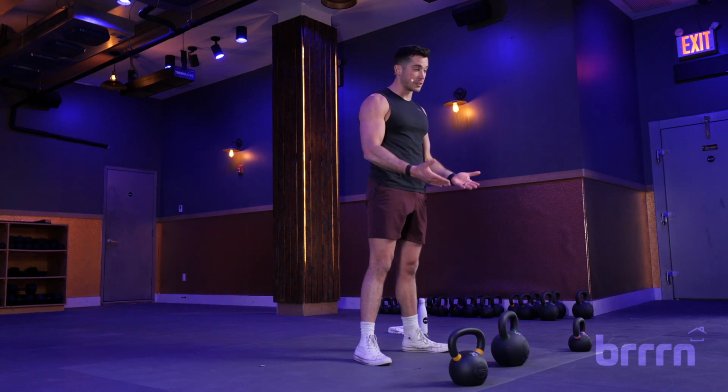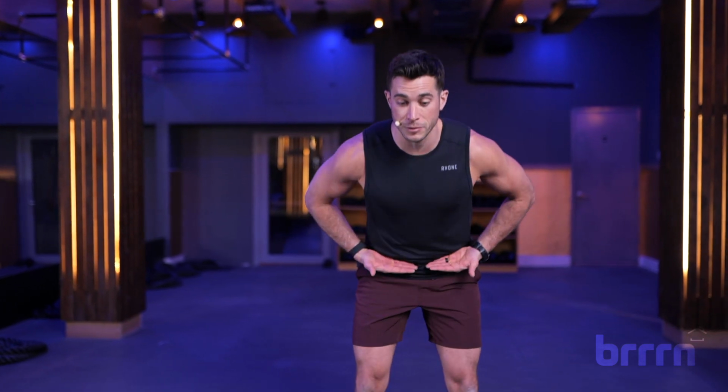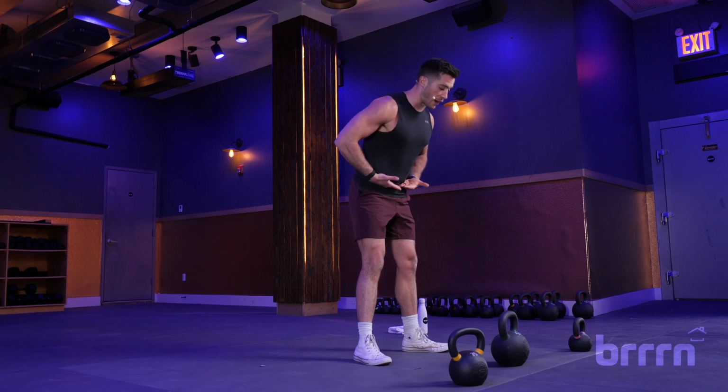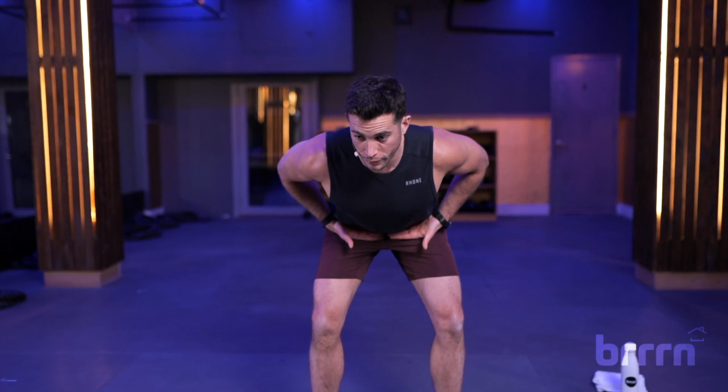You're going to take your hands. This might seem silly, but think about if you're going to karate chop somebody. Take your hands like this, you bring them to your hips just to work that hinge. Take your hands, find that hinge right about the waist. Now, by hinging forward,